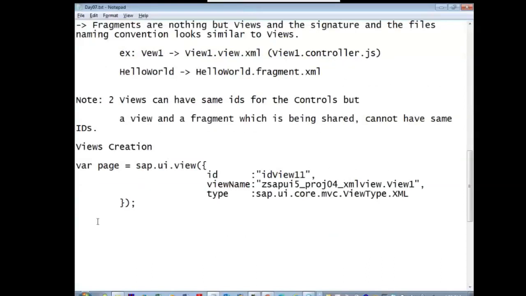Now let us see the fragment creation or fragment notation. sap.ui.xmlfragment. Views are given the IDs by the servers. Please listen, later you can write down.